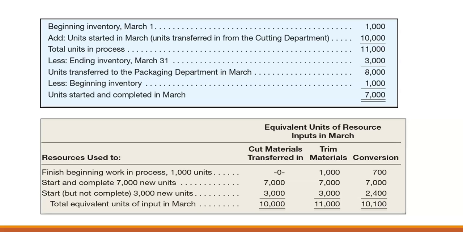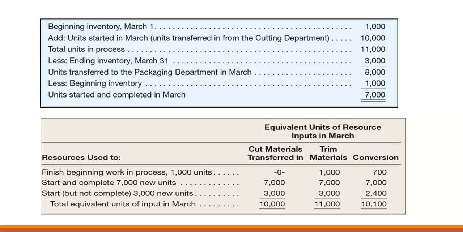The finished units that are finished in assembly get transferred to the packaging department. So 11,000 minus 3,000 is 8,000 that we transferred. We subtract our beginning inventory that was partially completed, and we get our units started and completed in March of 7,000. So now when we're trying to figure out what the equivalent units are for March,